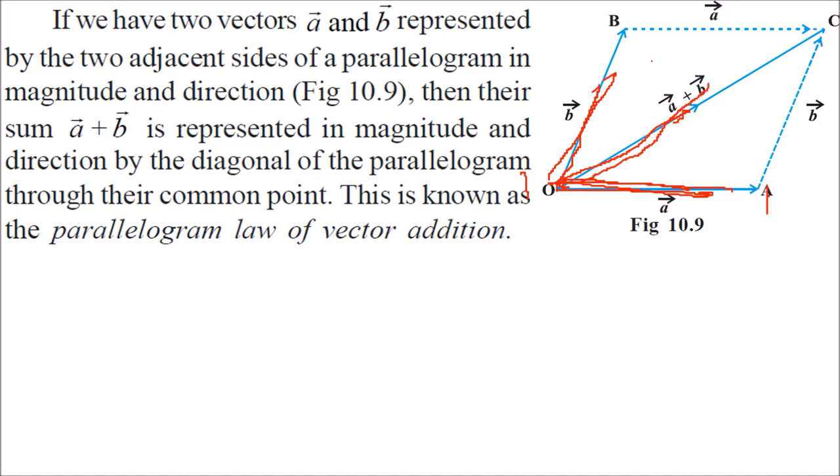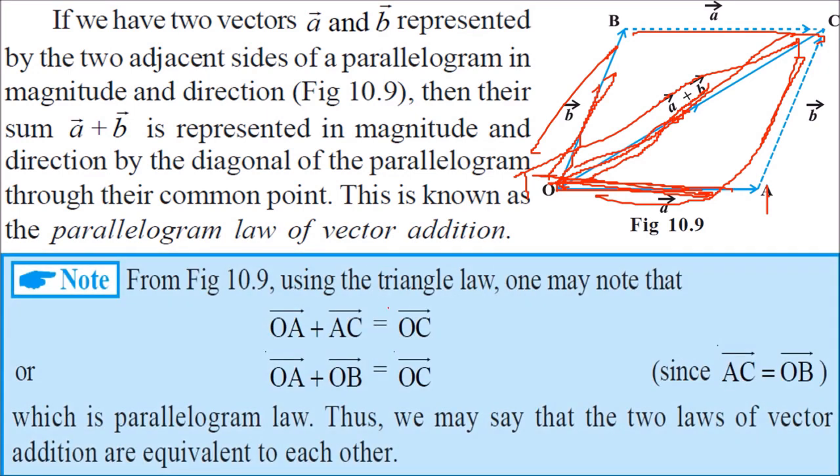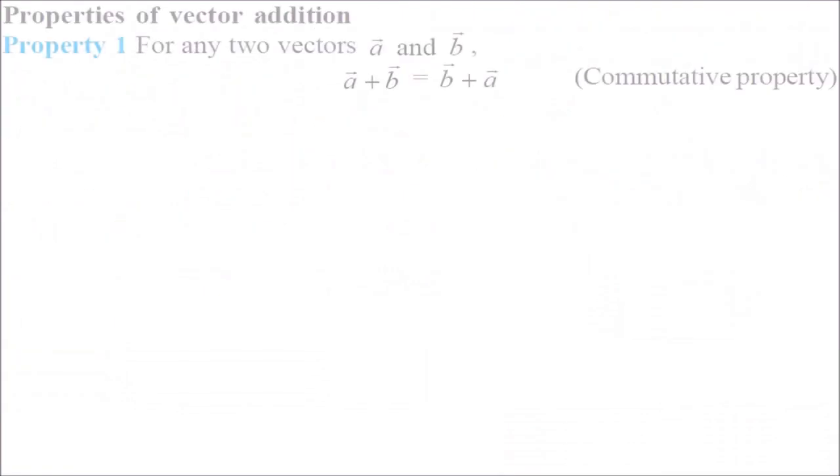Now this is the parallelogram law of vector addition. If this is A, this will also be A. This is B, this will also be B. Now this is nothing but A plus B. This is A plus B. And similarly, you can also use this too. This can also be A plus B. You can also make it like this. So this will be A plus B. This will be A plus B like this.